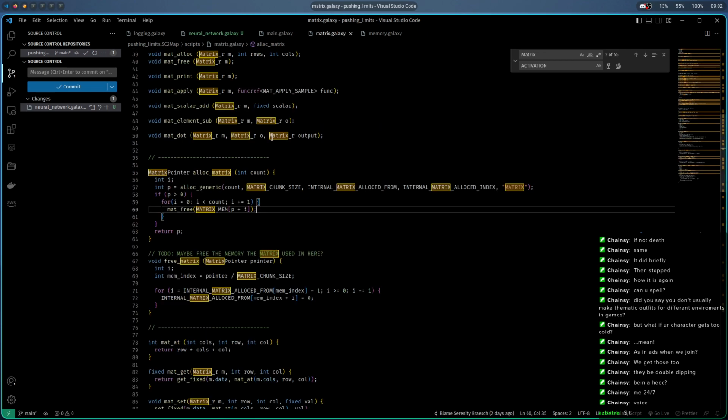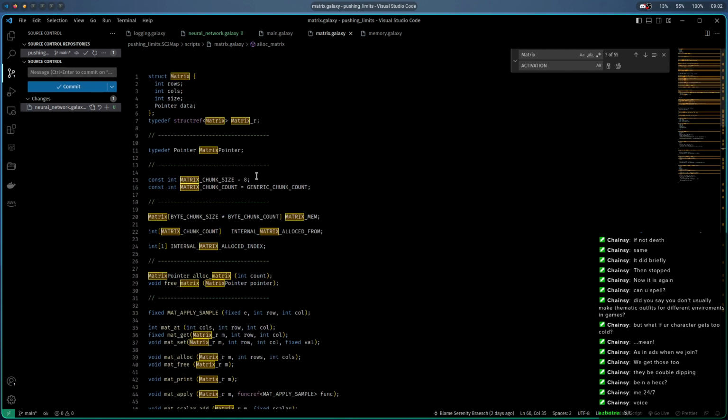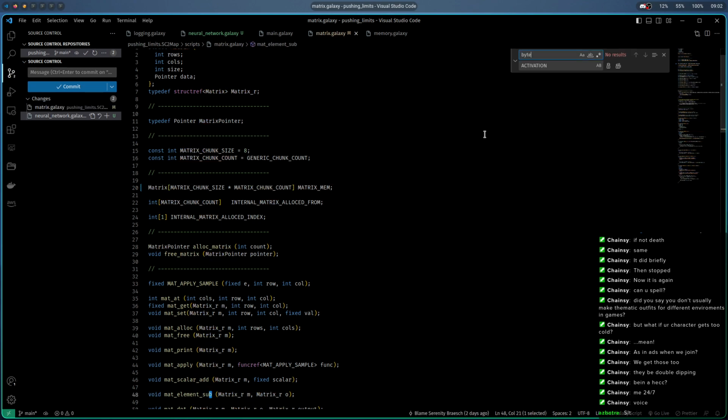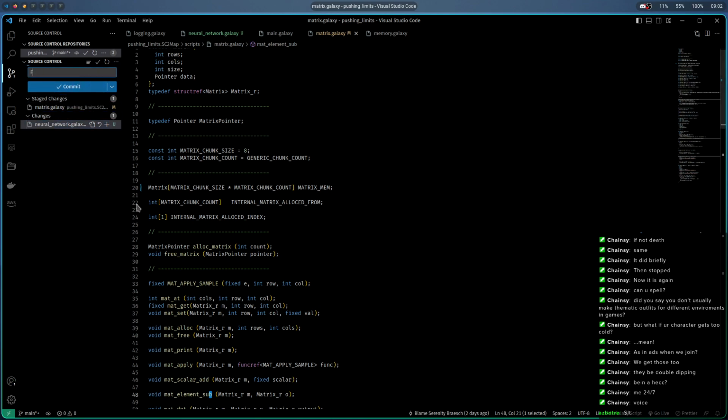I do want to pop over here though because I discovered another technical bug. It shouldn't really matter too much. Actually, this one might matter because the chunk size is different. Is there anywhere else I'm using it? Okay, no. Fix wrong constants being used in matrix mem size. Okay. Now over here,